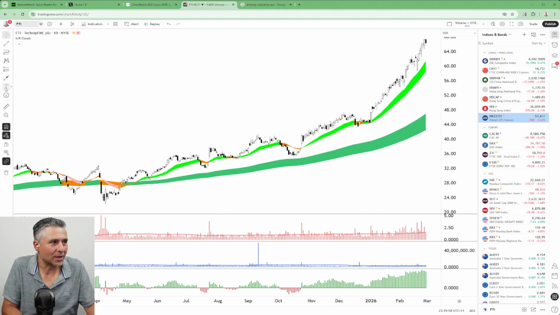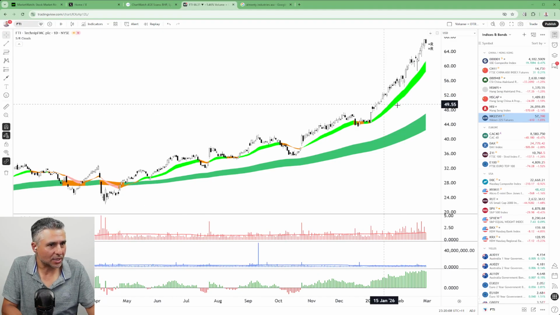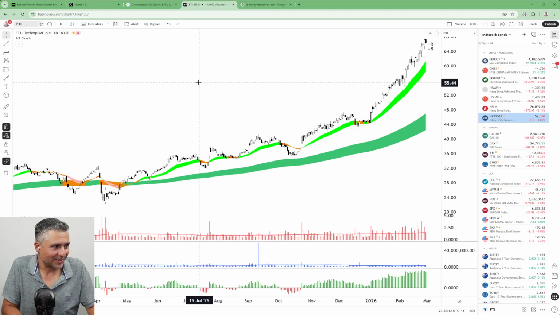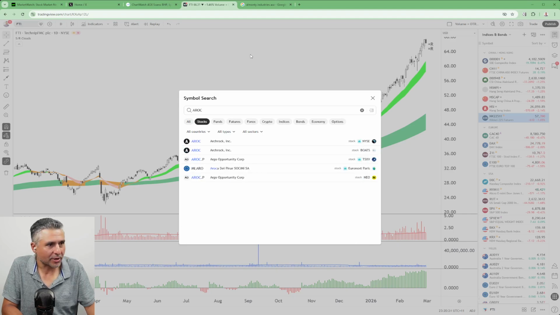So happy, even though Friday's candle isn't perfect, you could wait for another white candle if you wanted to. Of course you could. But happy with that one, and that is a very, very strong and steady trend. I love these low volatility trends because they're the ones that just tend to keep going and going. Click save. Good. Let's go to AROC, and we've got 3 more after this.